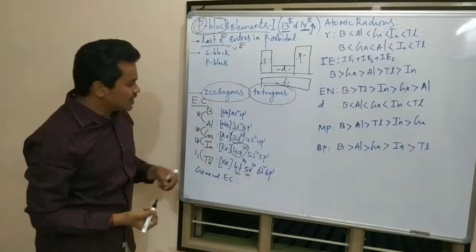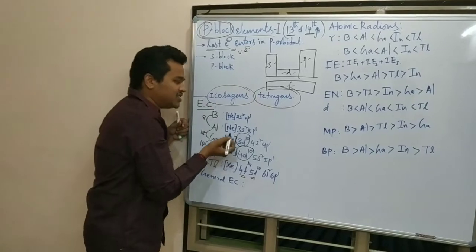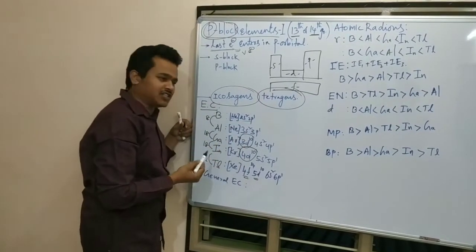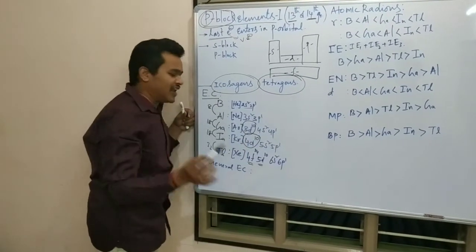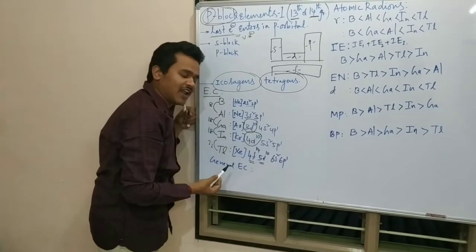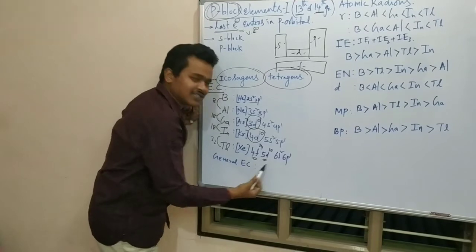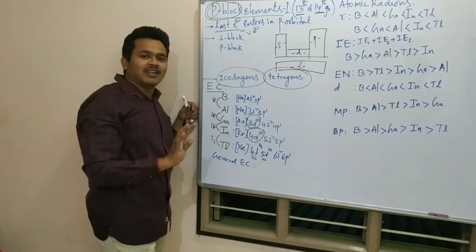Generally, when you observe the electronic configuration of any element, you have to observe the valence shell. In this one, the second shell is the valence shell. In this one, the third shell is the valence shell. In this one, the fourth shell is the valence shell. The 3d is not a valence shell. Here 5 is the valence shell; 4d is not a valence shell. Here 6 is the valence shell; 4f and 5d are not valence shells.